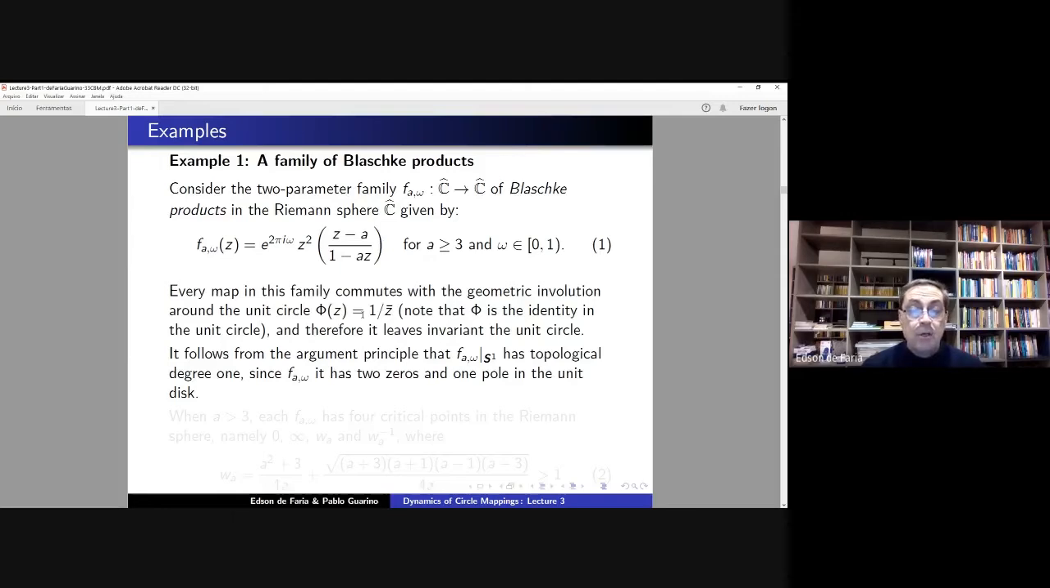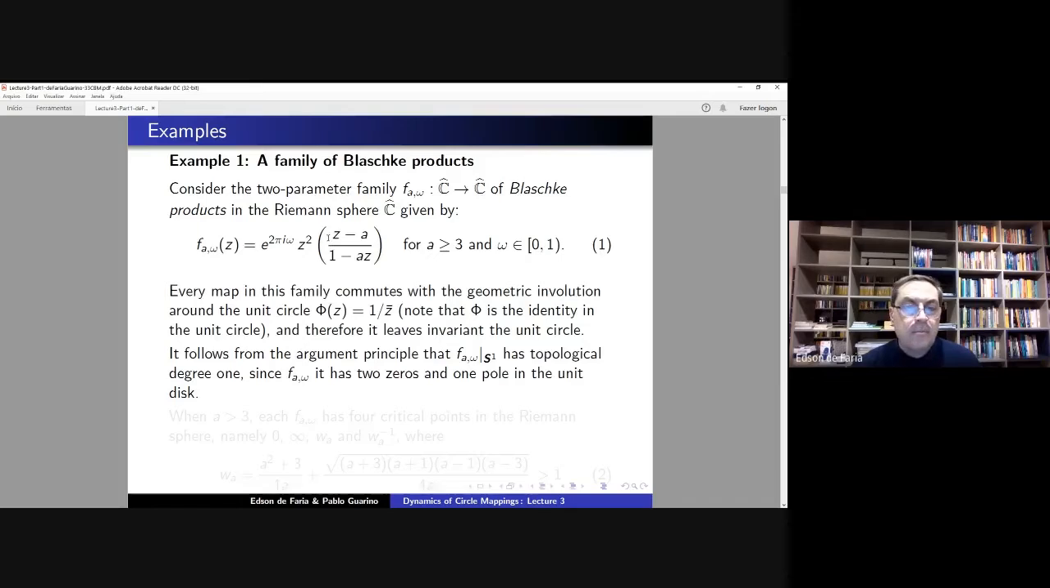Okay, but now it's not difficult to see that if you look at the restriction of this map to the unit circle, so you have a map of the unit circle to itself, it may make sense to ask what is the degree of this map, and it turns out to be 1. Basically because